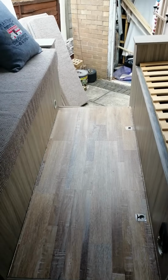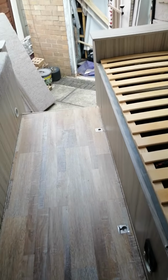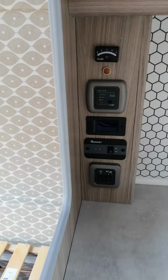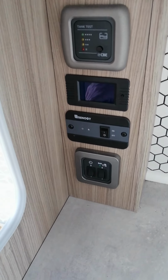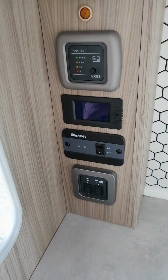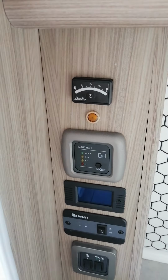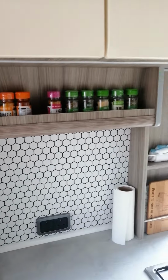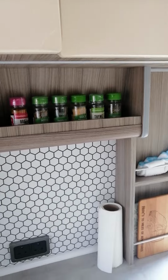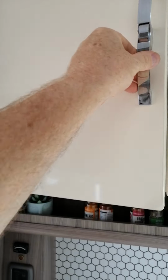Obviously this converts at night time with an infill to give us our double bed. Swing back around, so our control panel, which has switches for our LED lighting, water pump, the Renogy controller, battery monitor, etc. We've got our gas tank and water tank gauges. Little spice rack, food cupboard overhead, and